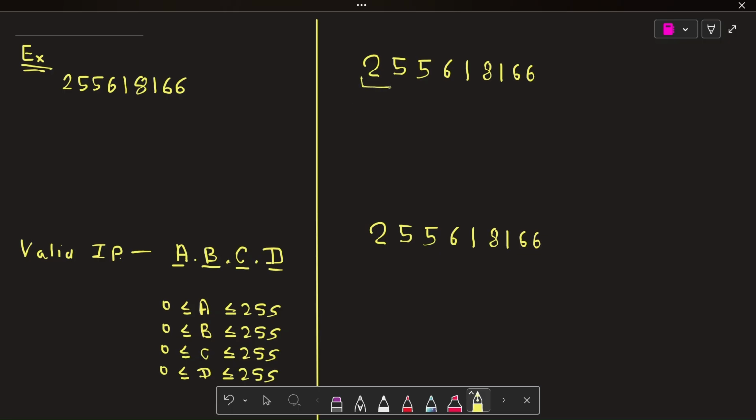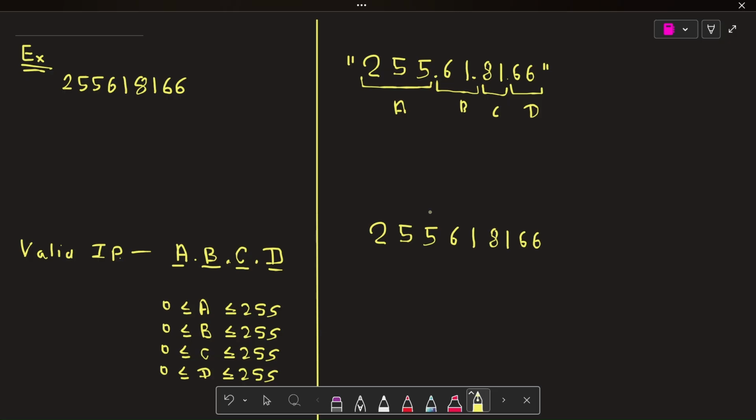Let's take this 255 as our A because it is in the range, and then we take 61, it's also in the range, and we can also take 81 because it's also in the range, and the next one we can take as our D because it's remaining. Here you can see each one is in the range of 255, so it is a valid IP address. We can put dots here, and this is our one answer. We can push it into our answer array.